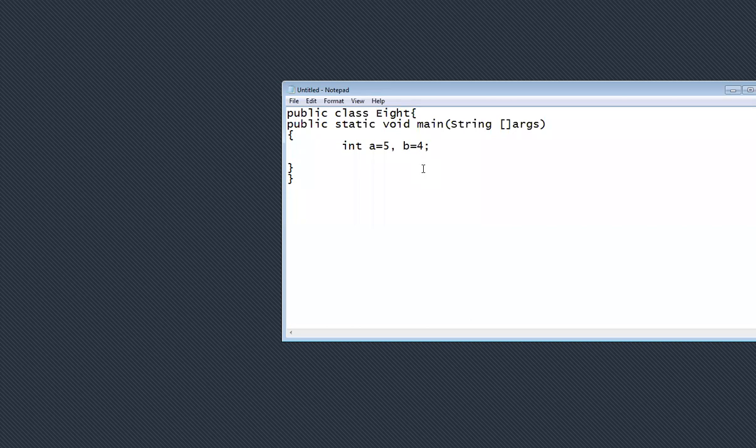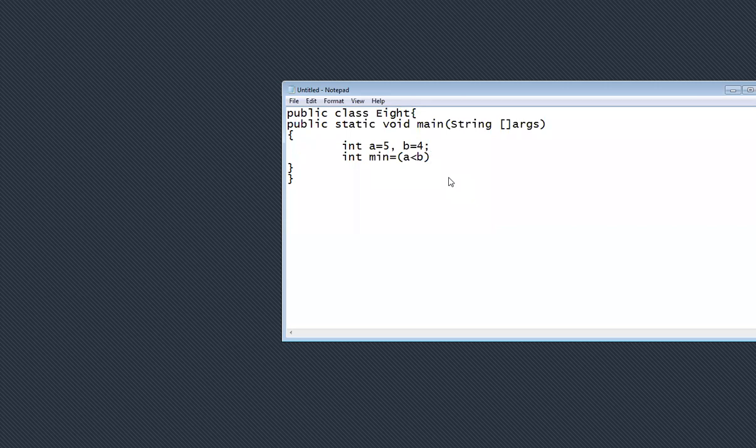Now we find out the minimum value from these two. Suppose we have to find the minimum value out of these two variables. Here 4 is the minimum value. For that purpose, you need to write one variable. I will take the variable name as min. And how the ternary operator works: in brackets, write A is less than B or not. Currently A is not less than B.